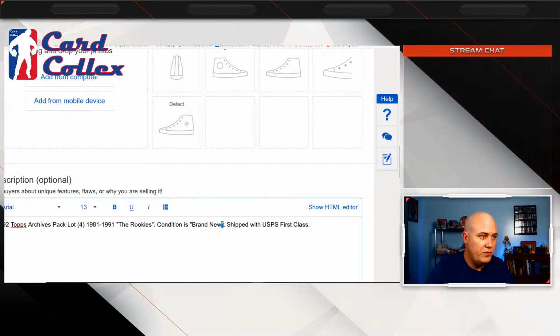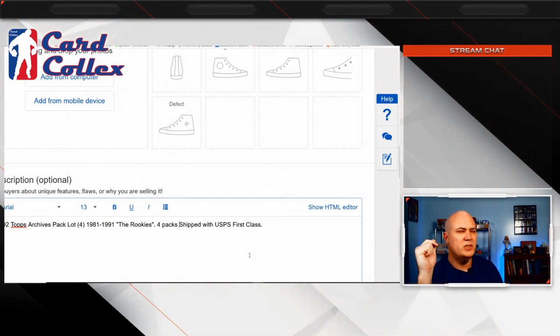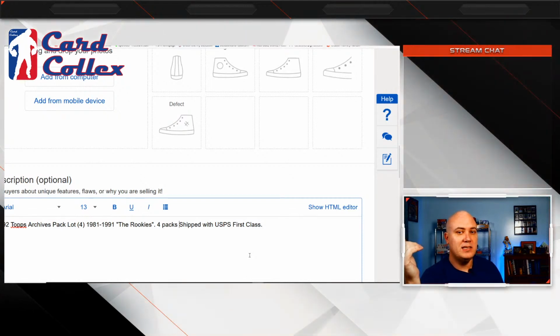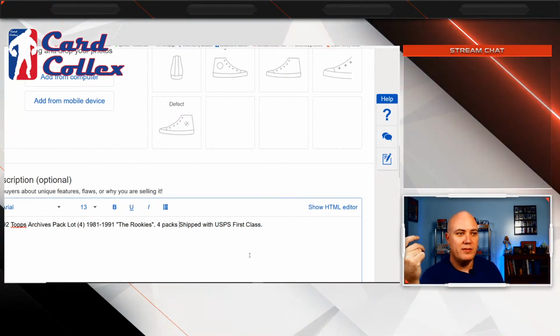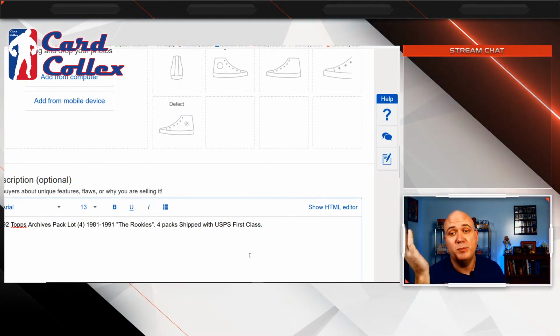And condition is brand new. Obviously, I'm going to elaborate on that, so we don't need that in there. If I was going to buy packs, the main thing to me, and you wouldn't necessarily have this with this, is that people can isolate things. Say you've got a modern box that has 2 autographs or relics per box, you would worry that they found their 2 autographs and then just listed the rest of the packs, and I think that's pretty common.